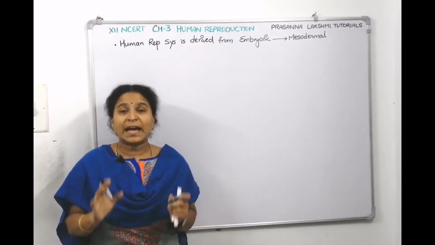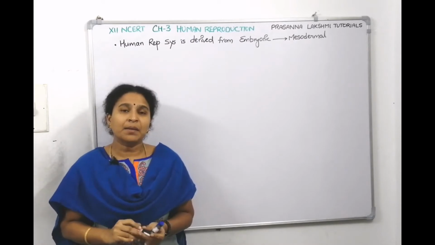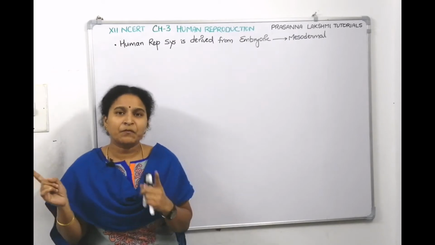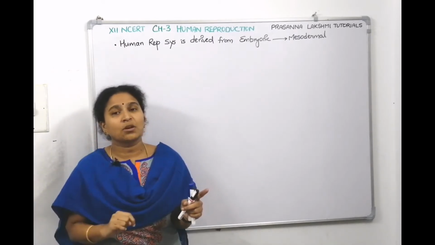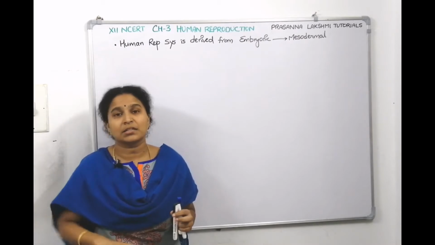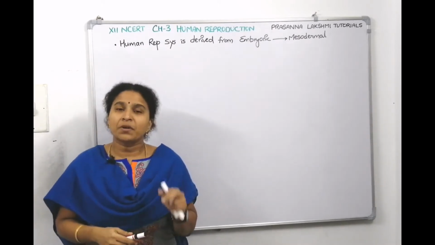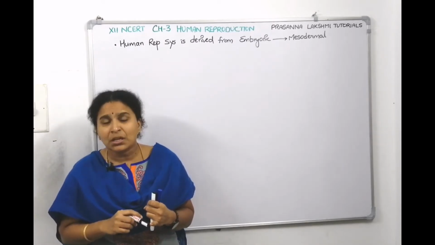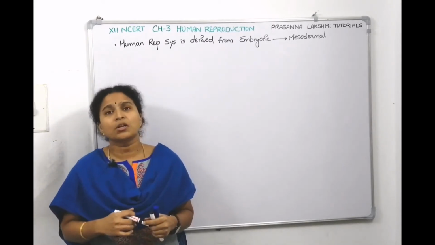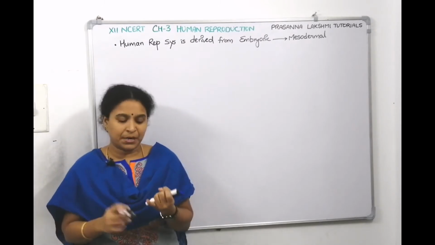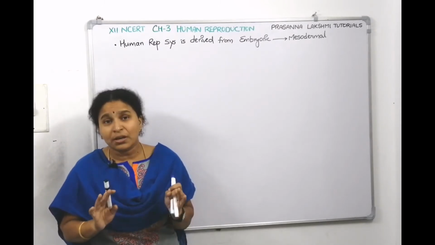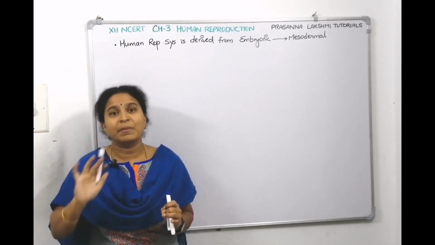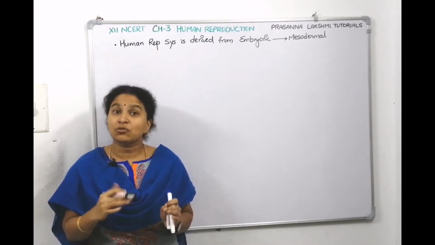Now when we have to talk about the characteristics of humans, come on, think and tell me, are we unisexuals or bisexuals? What do you mean by unisexuals? Males are separate, females are separate. Earthworm is bisexual, we'll tell. Male and female are present in the same organism. Come on, that means we are unisexual, right? So when we have to list down the characters of humans, we are unisexuals and we are dioecious. What do you mean by dioecious? Male separate, female separate. Then next, we exhibit sexual dimorphism. So when we look at an individual, we can make out whether that individual is a male or female. So in scientific term, we tell it is sexual dimorphism.